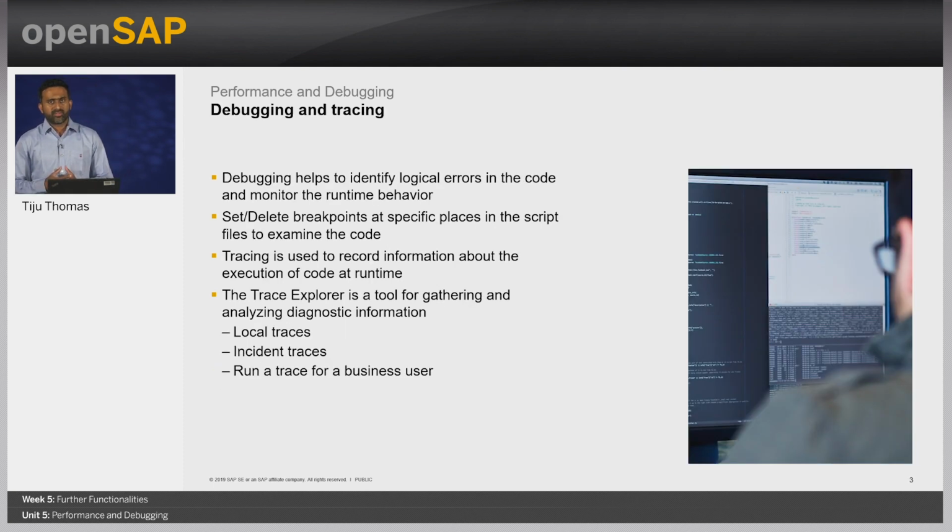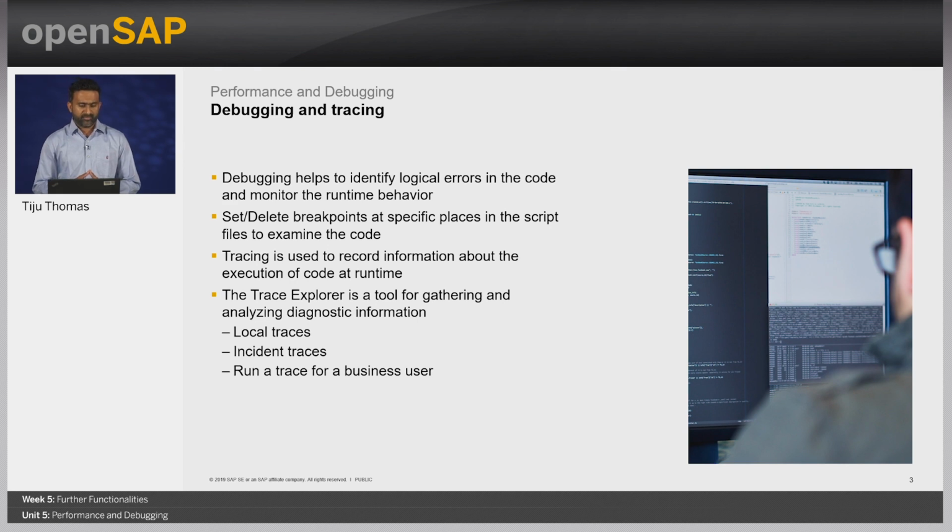Moving on, in Cloud Studio, when we talk about performance and debugging, it is important to understand how debugging works in Studio and what tracing is. Debugging, as you all know, helps to identify logical errors in the code and monitor the runtime behavior of your code. You could set or delete breakpoints at certain places in the script